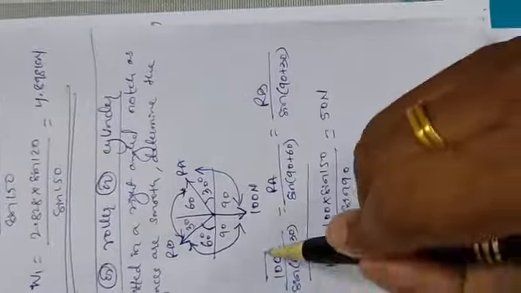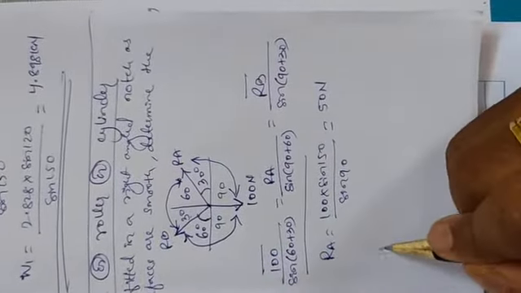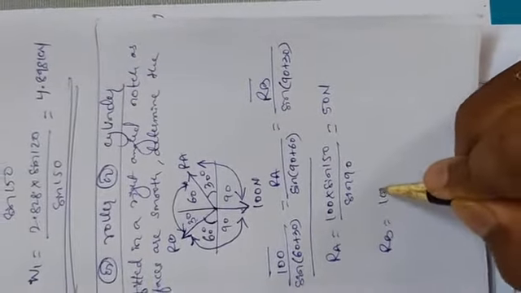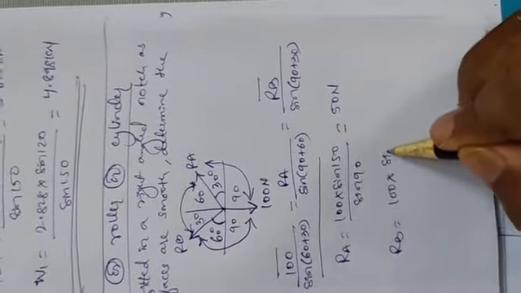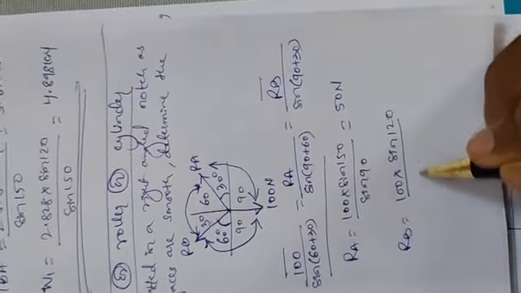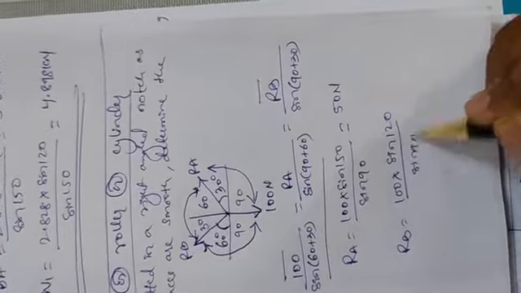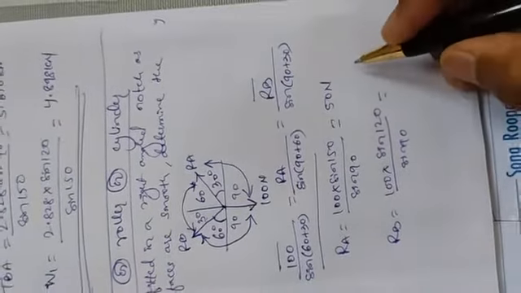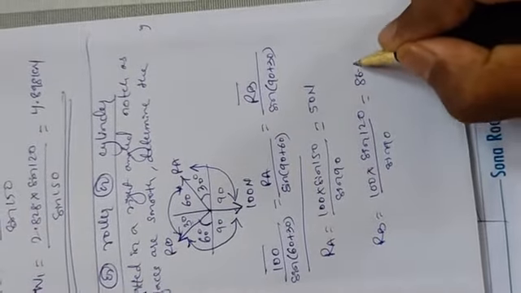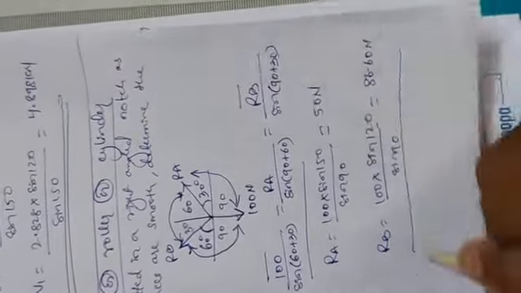Now compare first and last. So when you compare first and last, RB is equal to 100 into sine of 120 divided by sine of 90, which is equal to 86.60 Newton. This is the answer. This is how we need to calculate the